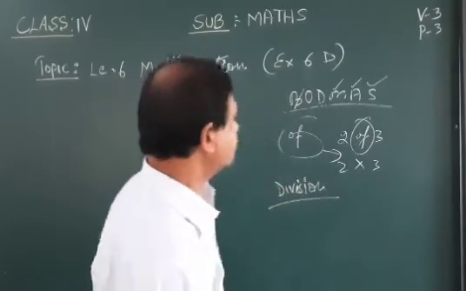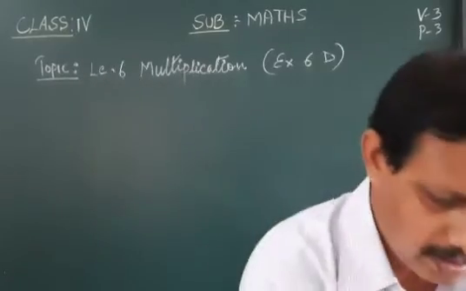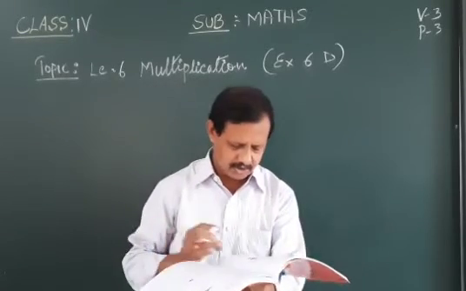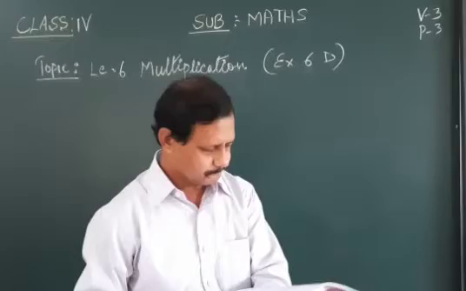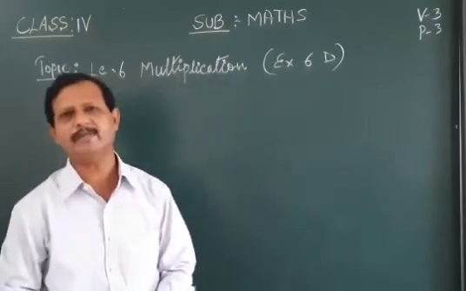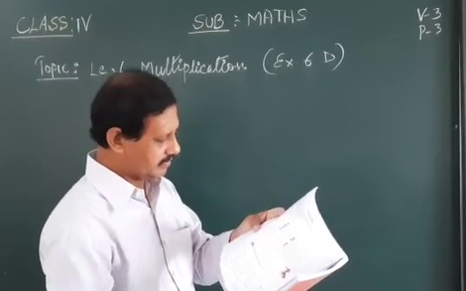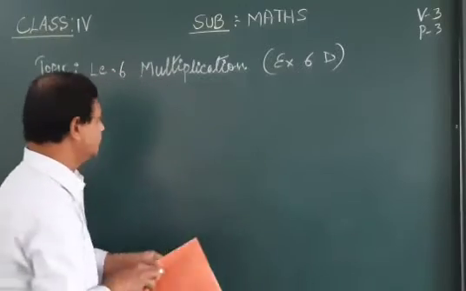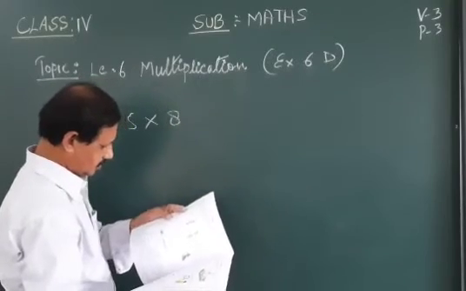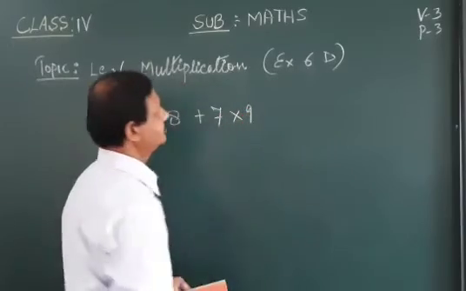Okay, so let us have some questions based on BODMAS. All of you can follow with me exercise 6D on page number 42. Simplify. When it is given simplify, that means you have to apply the same rule, simplify them and find the answer. Let us have the questions given here. 5 into 8 plus 7 into 9.